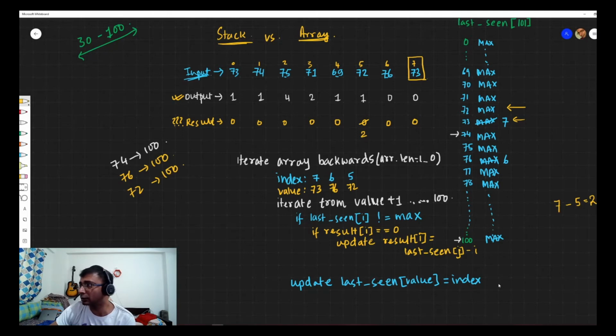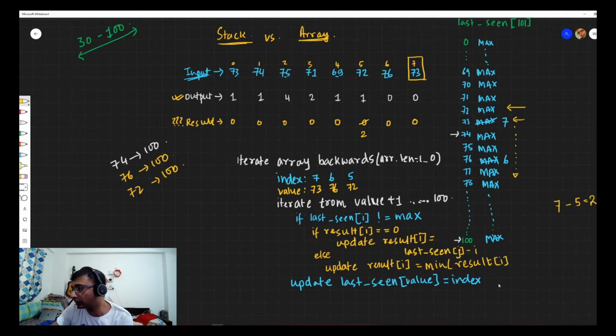But we'll not stop here. We'll continue to go ahead and see if we can find a better result. So that's why this if check is there. Otherwise we are going to put an else and we are going to update result[i]. And now we are going to take the min between result[i], which is my current result, which is at the moment 2, and we will check with last seen